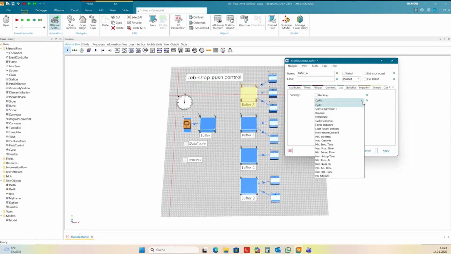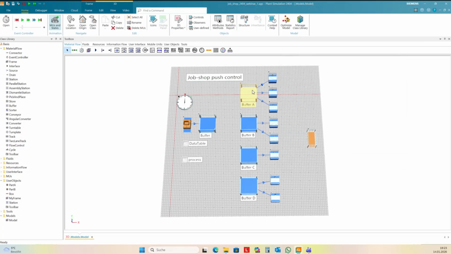And you have a lot of different strategies here in Plant Simulation that you can use to distribute the parts to the stations. You can also write your own program for this. This would be just an exit control where you can make your own decision what machine you want to occupy.